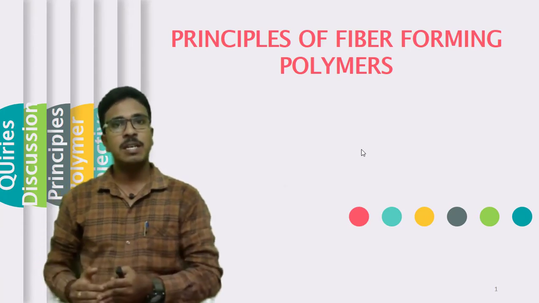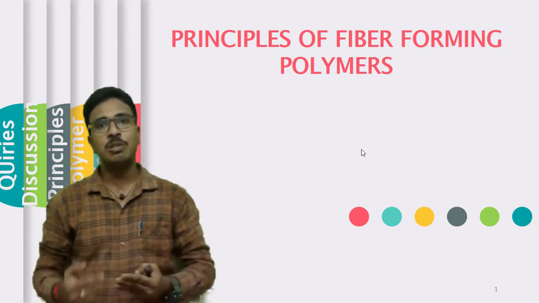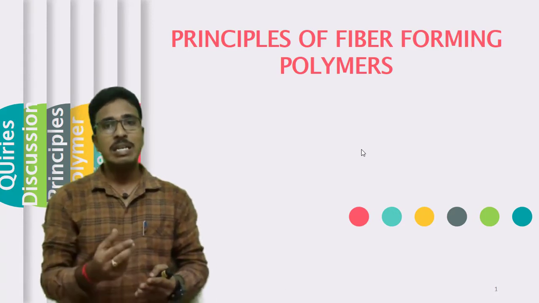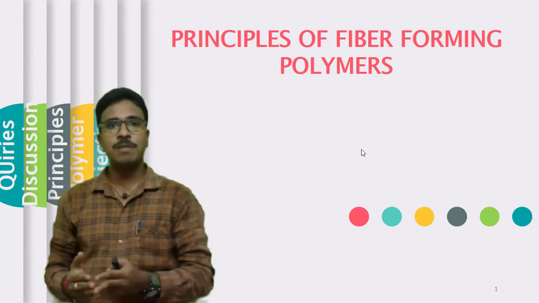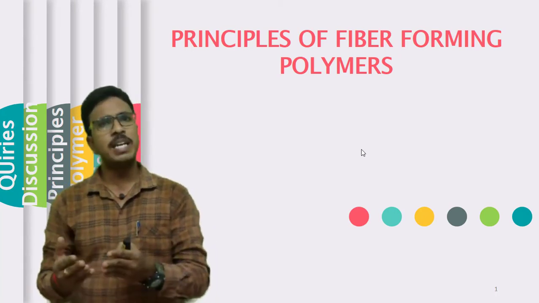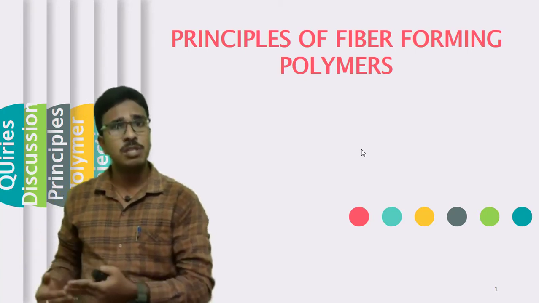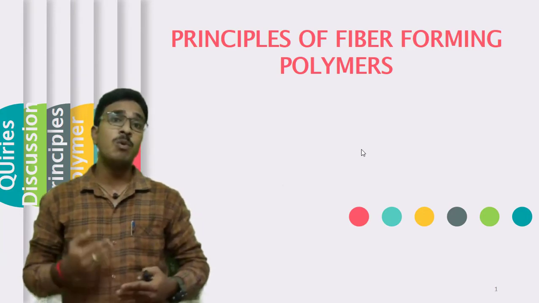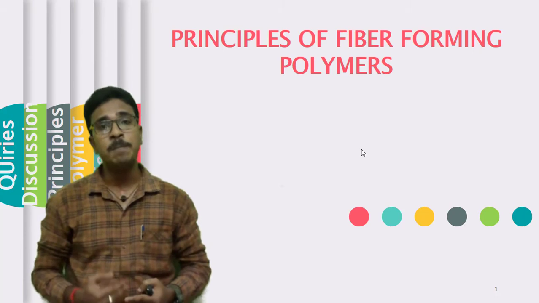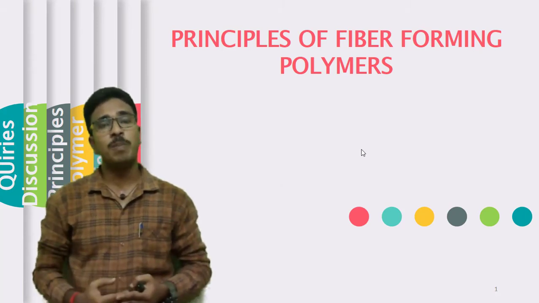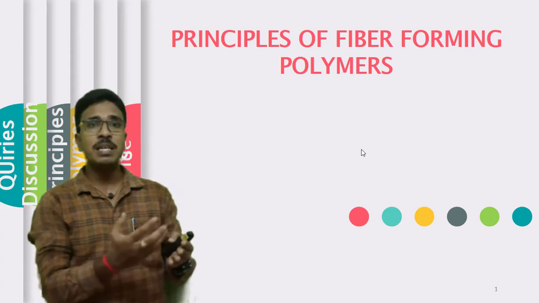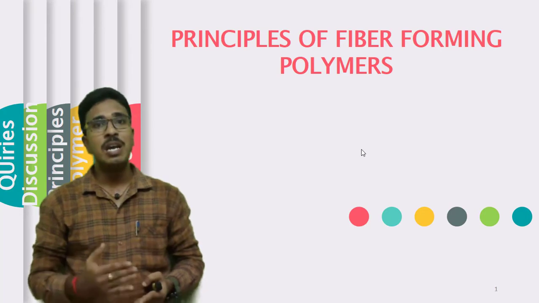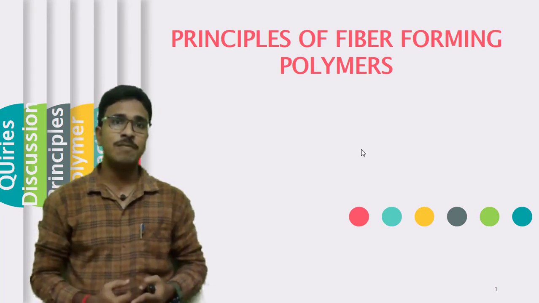Once the spinning is done, we cannot wind the yarns as such onto bobbins. Why? Because still the yarns or filaments are not settled. So to make them settle, to make them solidify, or to make them easily processable for the next processes, we are doing some kind of post-spinning operations. In these post-spinning operations, we are applying a temporary finish called spin finish to reduce the static charge generation and also to improve the lubricity on the filament yarns.